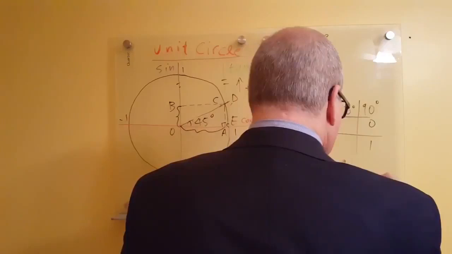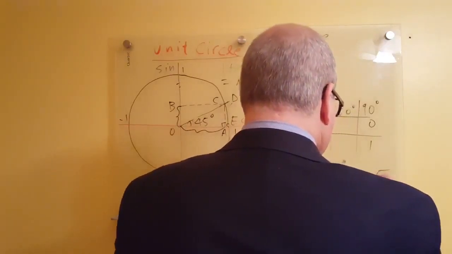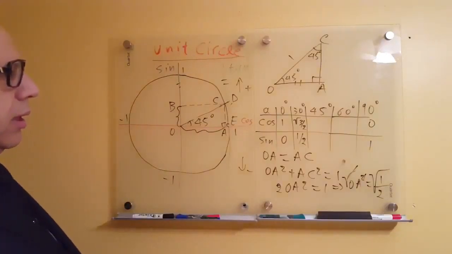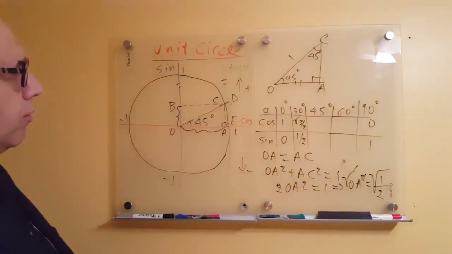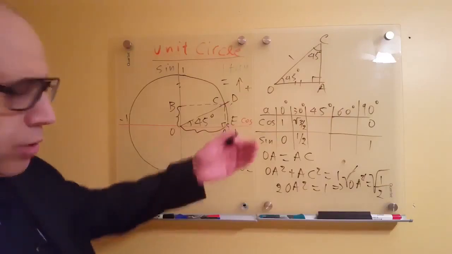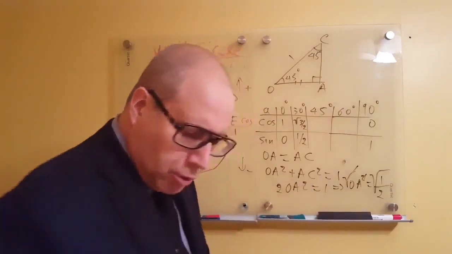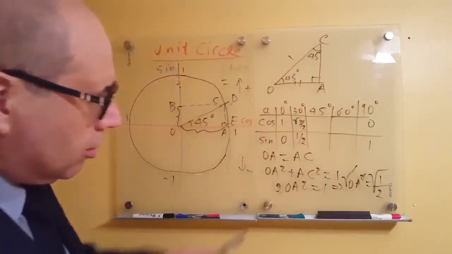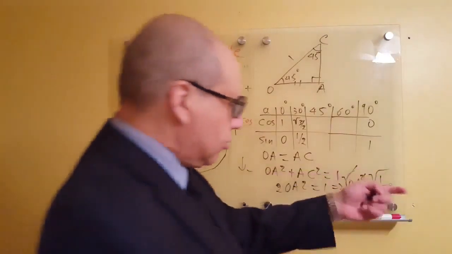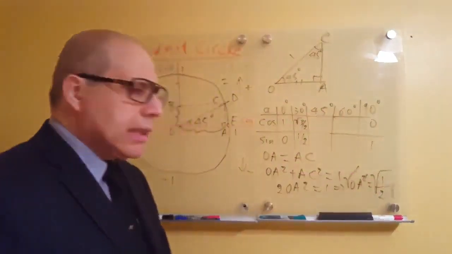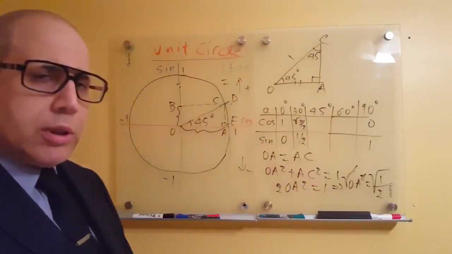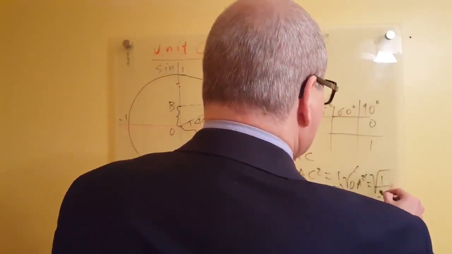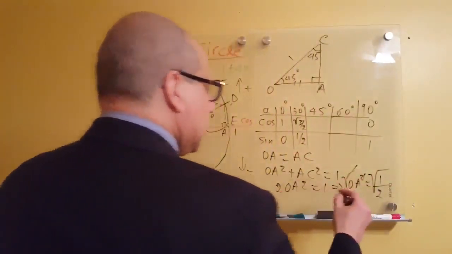So then if you take the square root on both sides, you have that OA is equal with the square root of 1 over 2, and because usually we don't like square roots in the denominator, we want to rationalize this, so that means that there is no square root in the denominator. So what we can do, we can multiply both numerator and denominator by square root of 2, and that will give you that,